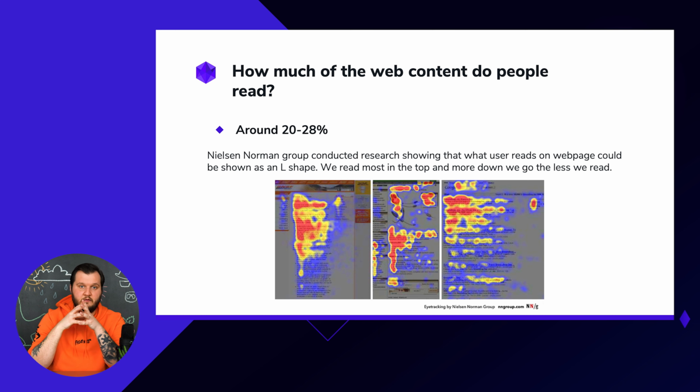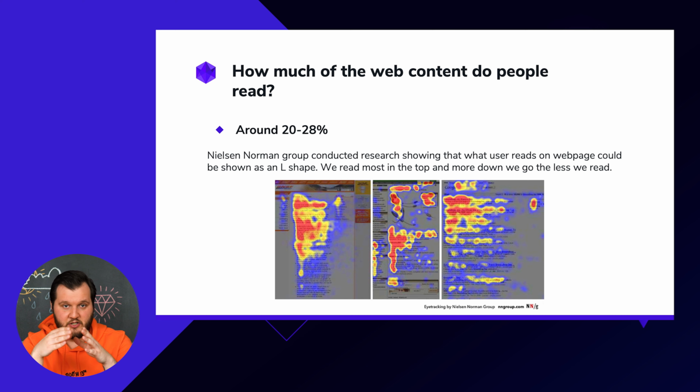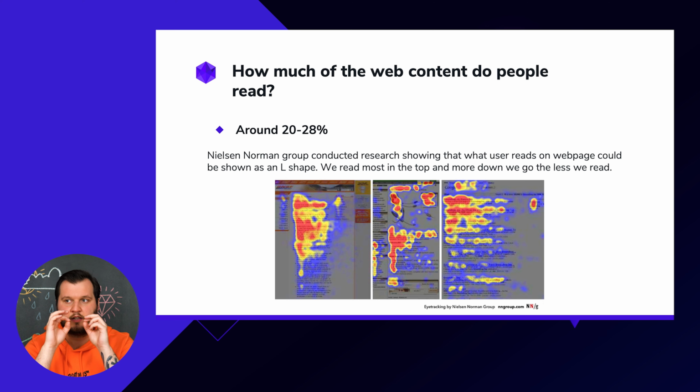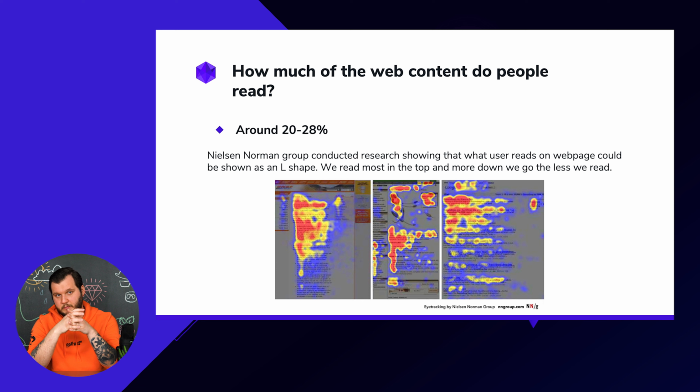So the most crucial information, and it might be obvious to you, but at least now you have some kind of proof of this: the information that you want the user to actually read should be on the top. This is very important. And also, when you show users this information, you know that they will only read the top part, but also regarding Google search engine